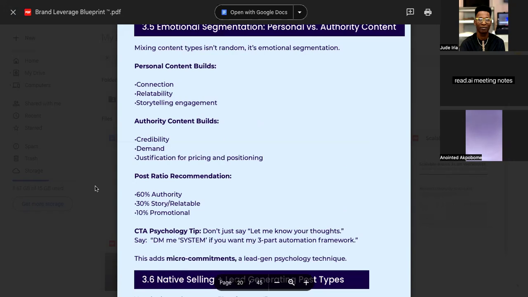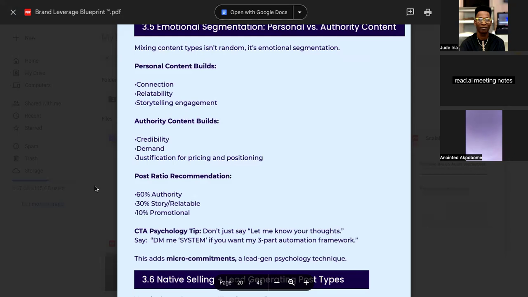You want to understand your niche and the tone you should use. Do you want to be more authoritative? Do you want to be more emotional? Do you want to be more salesy? You have to really understand and know the one that works for you. But for the purpose of this lesson, and because I'm using my profile as an example, I stand more authoritative when it comes to my content, making people know that I am an authority in this space. Then I can use a bit of storytelling to make it relate to them or their current situations. And then the promotional happens to be my CTA.